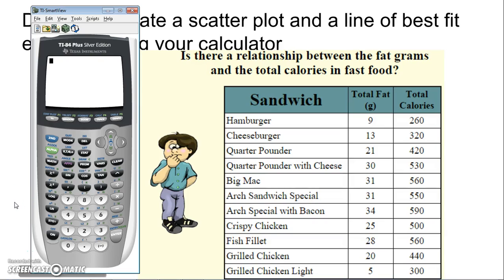Hi guys, one of your constructed response questions on the final will be to create a line of best fit for a set of data. So I wanted to go over how you do that on the calculator, and it will be on a poster we have on the wall. So just a reminder,